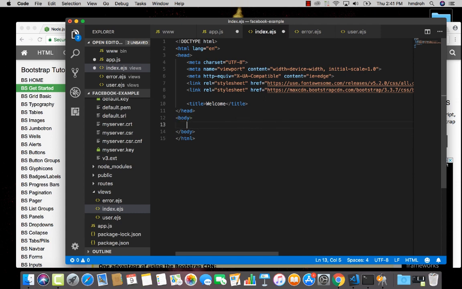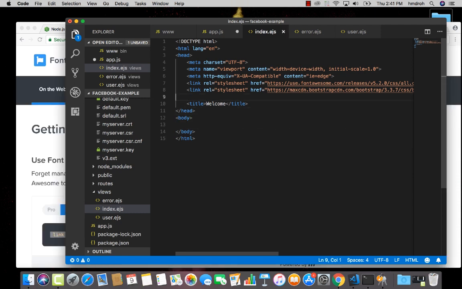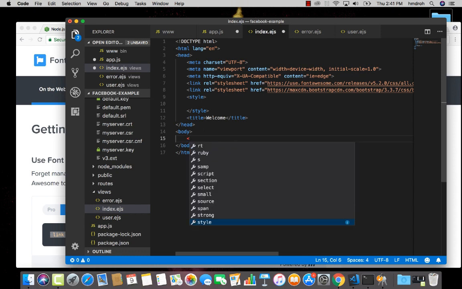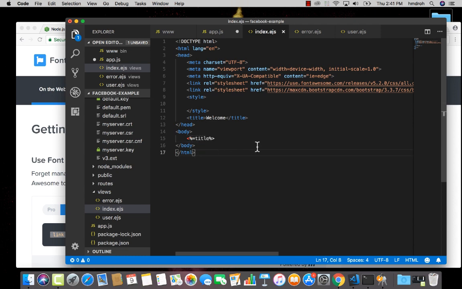Now on the EJS side, I'm going to make a style as well, if I need some styling too, I can add that. In here on the body side, I'm going to add a title. I'm going to write it in EJS format. So I'm going to write percent equal to title. That's how you write EJS. So I'm going to copy everything and put it on users. Save that on homepage. So for index.html, I'm going to write an h1 tag, welcome to, and I'm going to make an